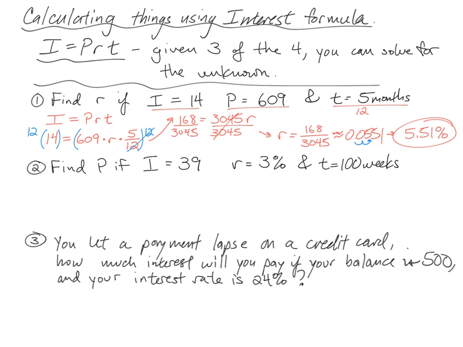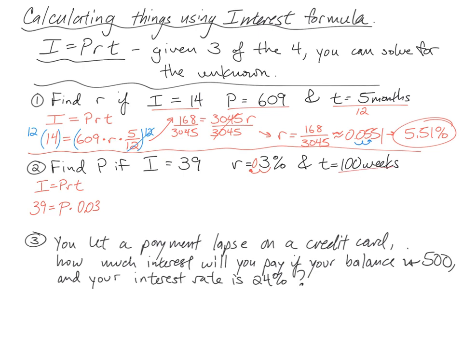So again here, I'm just going to start with writing down this formula, I equals PRT. I'm going to fill in what I know, which is 39 equals, P is P, I don't know what that is, but it's going to be multiplied by 0.03